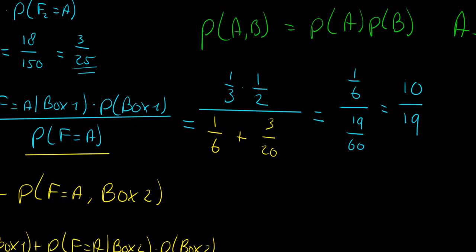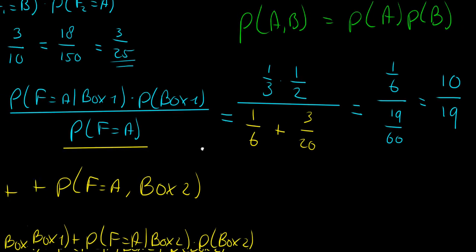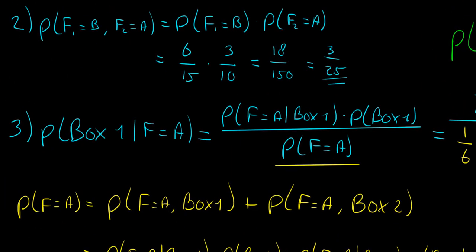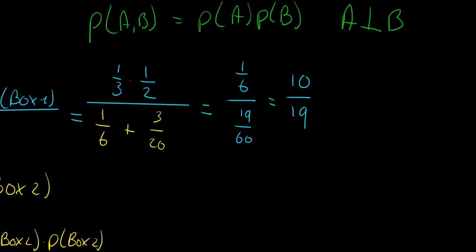So the probability that we have chosen box 1, given that we have drawn an apple, is 10 over 19, is more likely to be box 1,